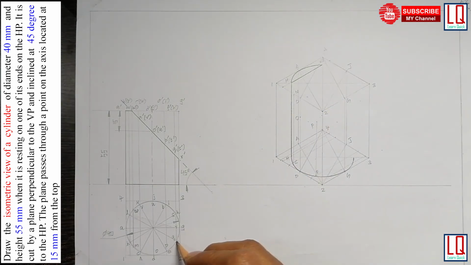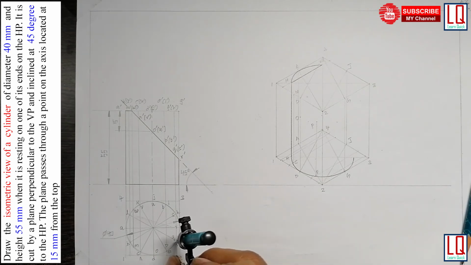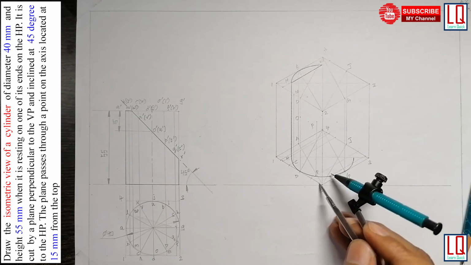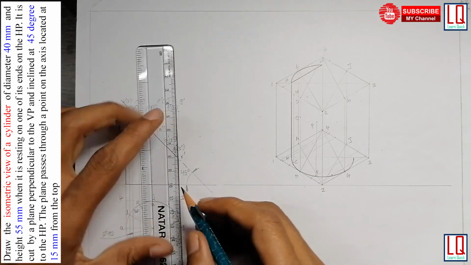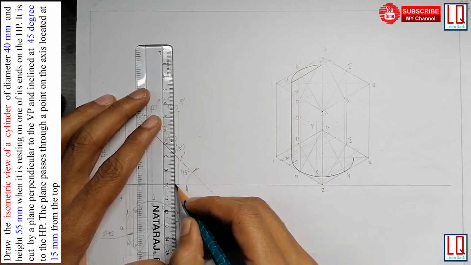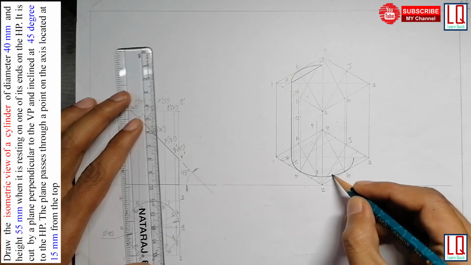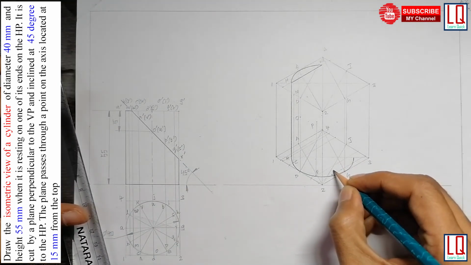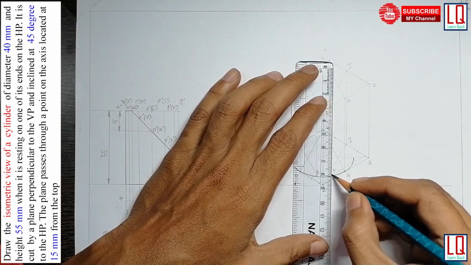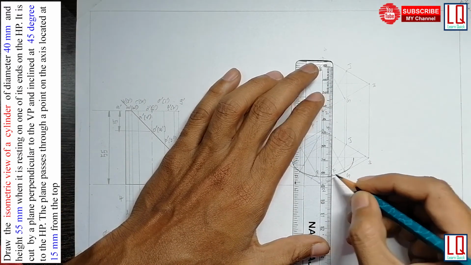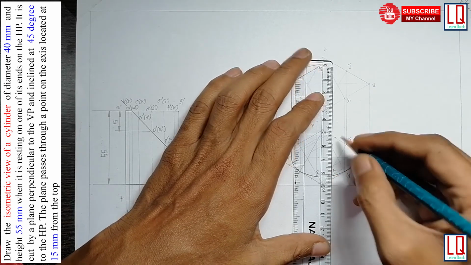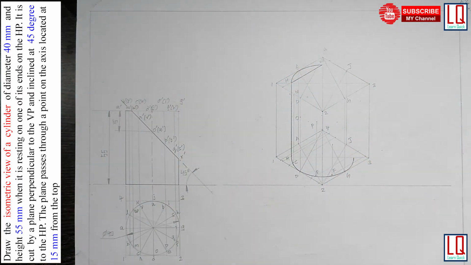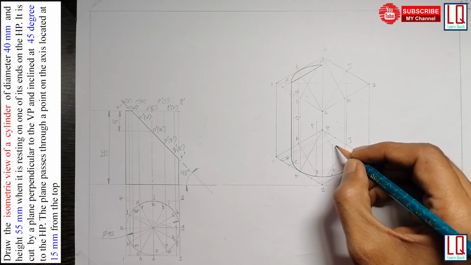Now next I need to find F. So to do that, measure F from side 1, 2 and mark here, and measure the height of point F. It is 22 mm, and here you mark it as capital F and draw a line for 22 mm. And mark this point as capital Q.